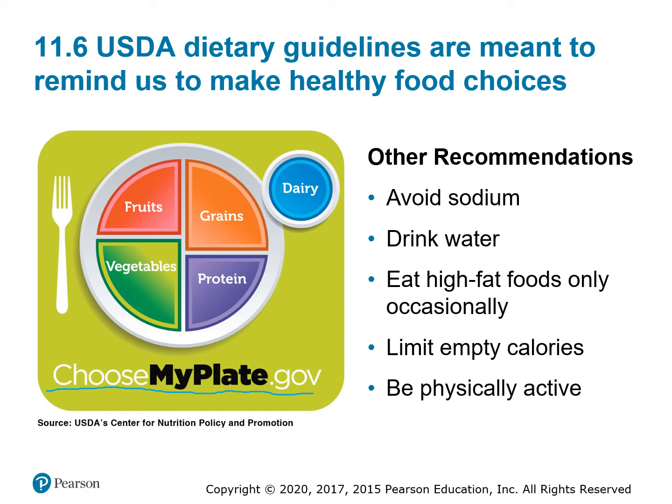And you can see from this that what they're suggesting is about half of your plate should be fruits and vegetables, and then less than a quarter should be protein, and just a little over a quarter should be grains. And I'm not sure exactly how much dairy goes into that, but